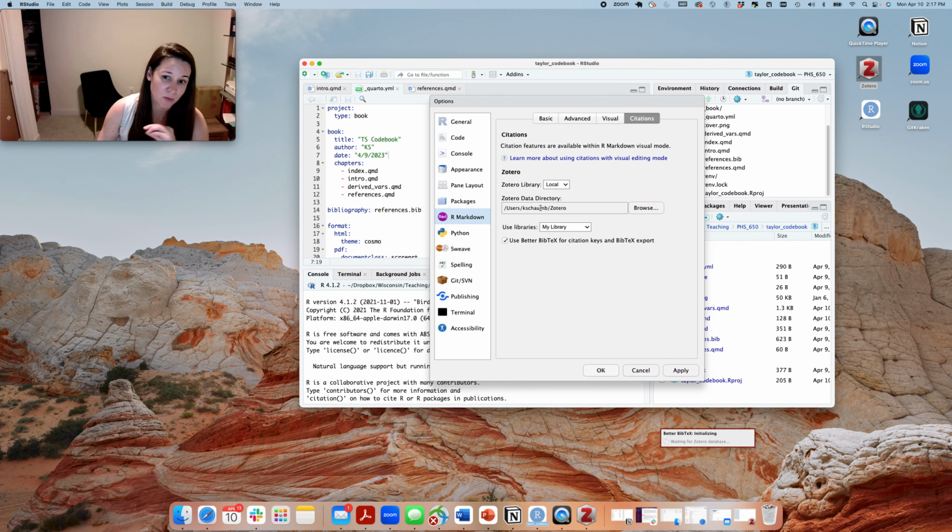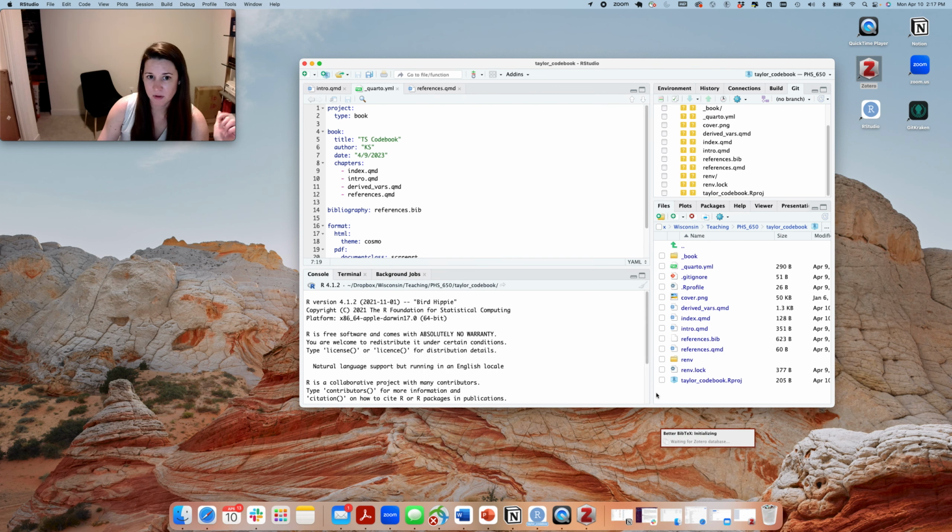Notice these are global options, so that means that you are using these for all of your Quarto documents, so it's not necessarily one in particular. We're going to get to the exact reference bib file that you're going to be using in a minute. Okay, so I'm just going to apply that there. I'm using the overall library, and then here you can see